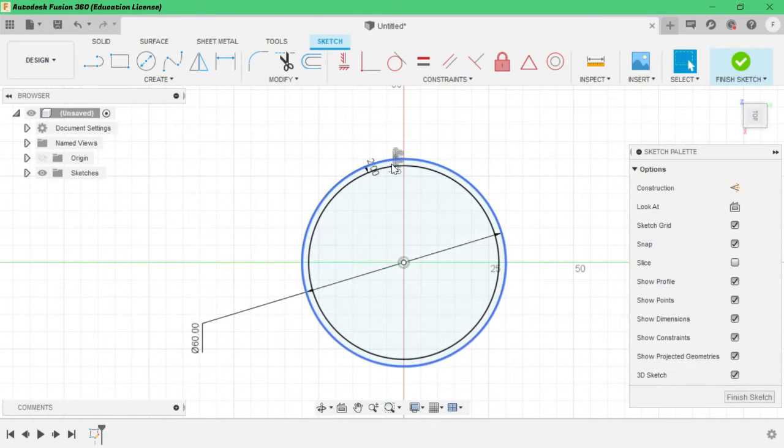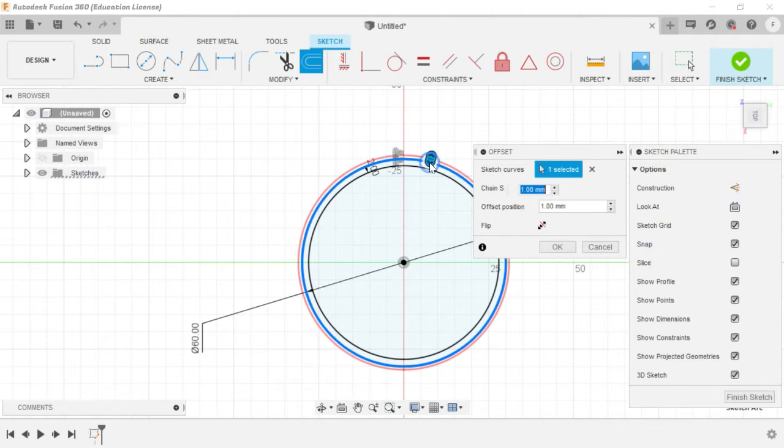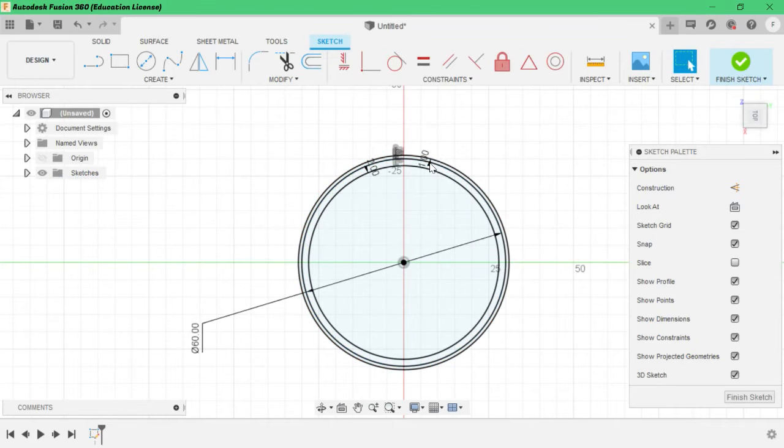See, now we created another circle, and again we have to give an offset for our outer lip, because it has to be one only. One is enough for this. Why am I creating 3 concentric circles?